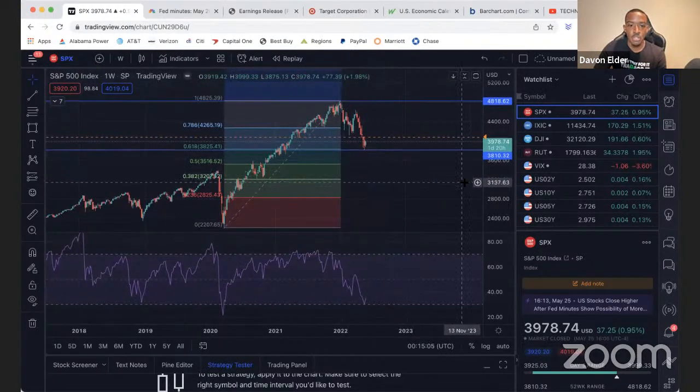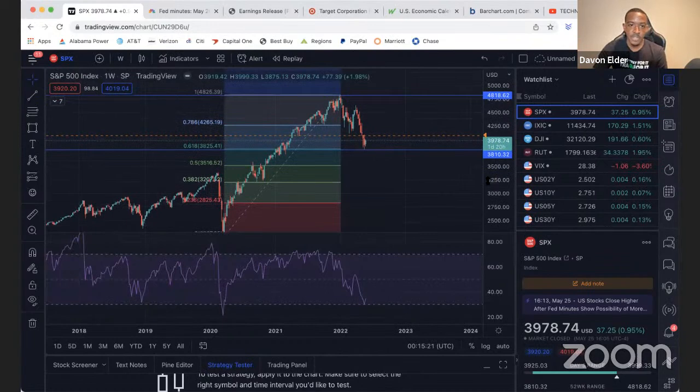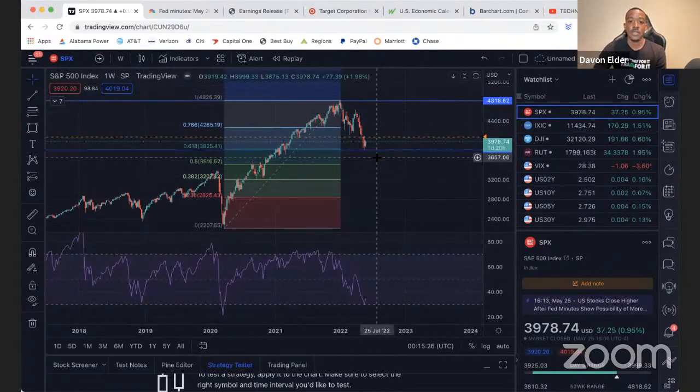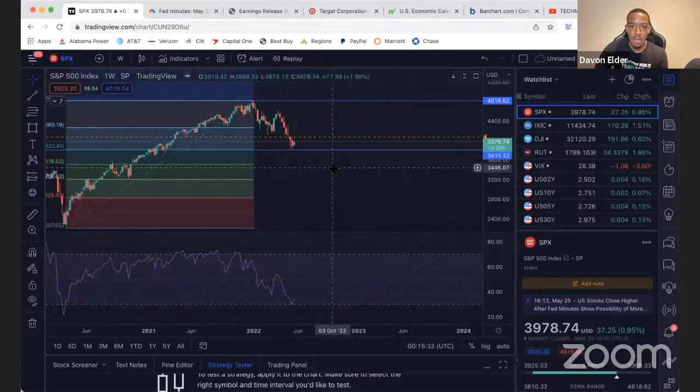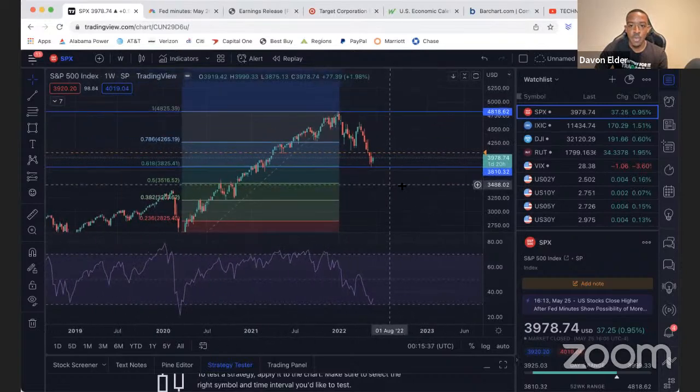3516.52, which also coincides with another previous all-time high. Look at the consistencies here, and the 0.382 level. So that's the 38.2% fib level, which coincides again with another support level, previous resistance, all of that. So I think that the bottom is in. But even if the bottom is not in, this gives us an opportunity to average down so we can buy more shares lower. So what I'm thinking is that the bottom is in right now.